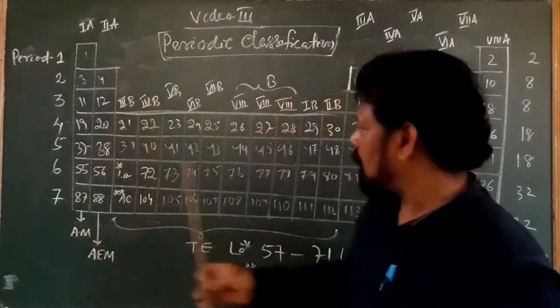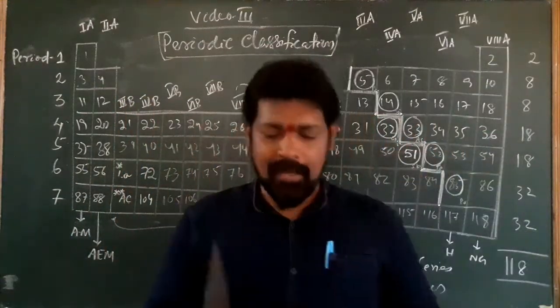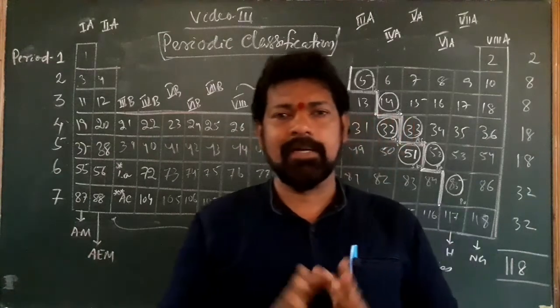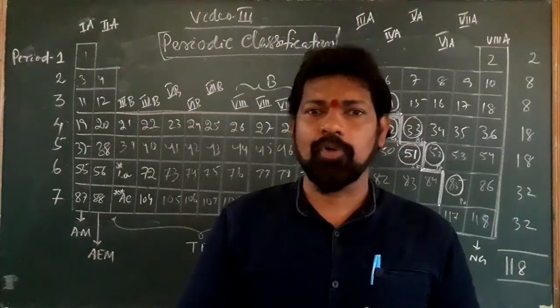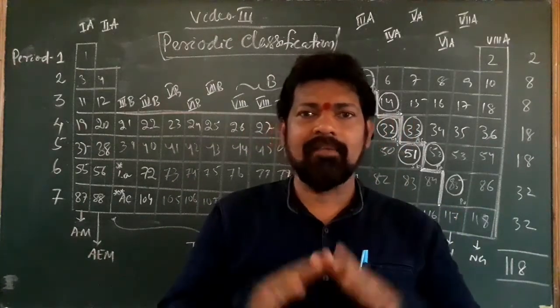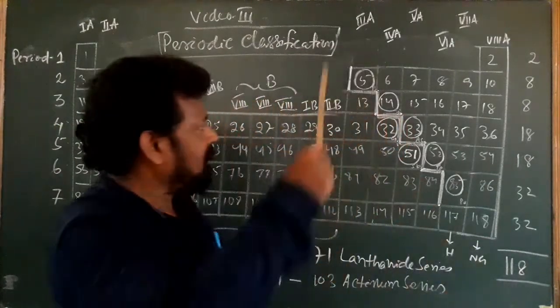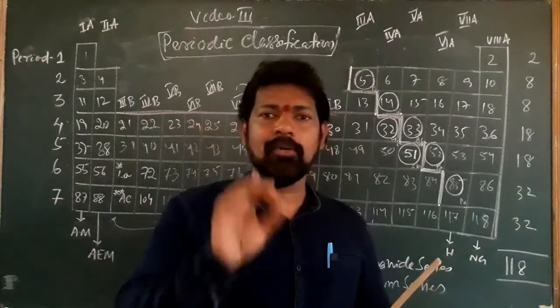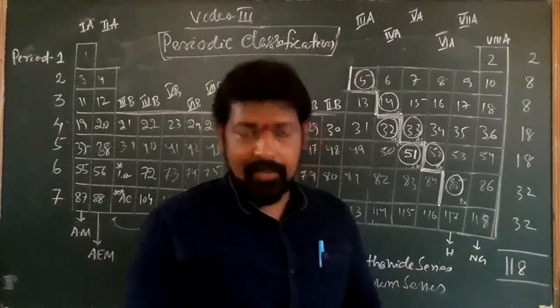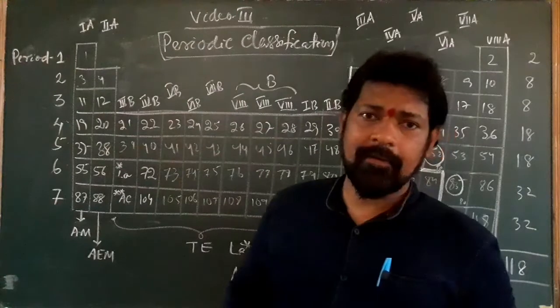And this way we have found that the behavior of all the 118 elements of which our earth is composed is more or less similar, with 18 different kinds of properties. For that reason, we have divided this periodic table into 18 different groups. And why do we have only 7 periods?